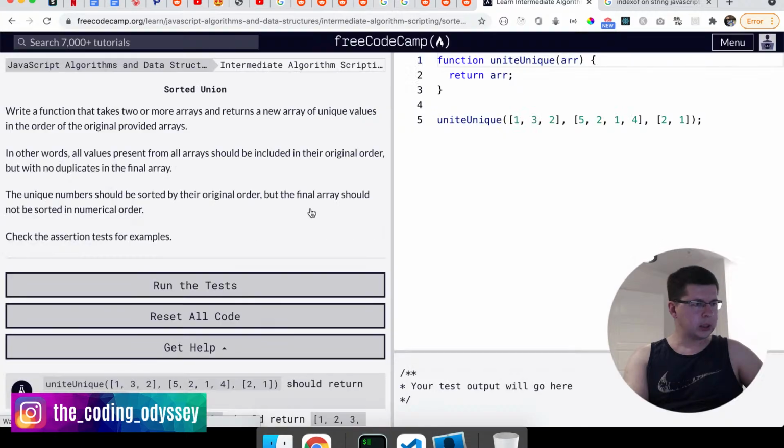Well, okay. So then we have a sorted onion, one that says write a function that takes 2 or more arrays and returns a new array of unique values in the order of the original provided arrays. In other words, all values present from all arrays should be included in their original order, but with no duplicates in the original array,